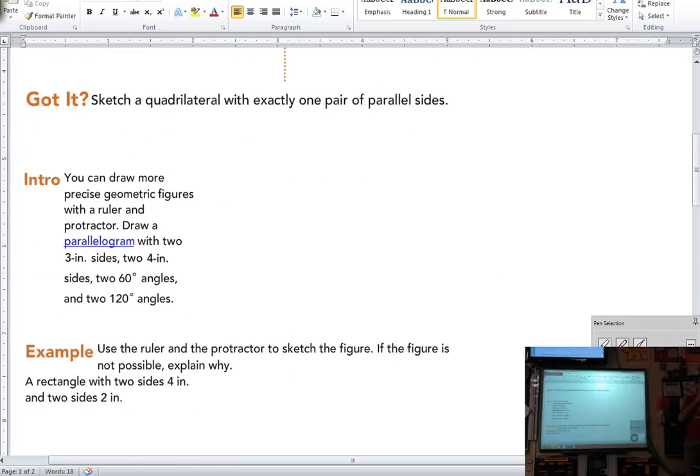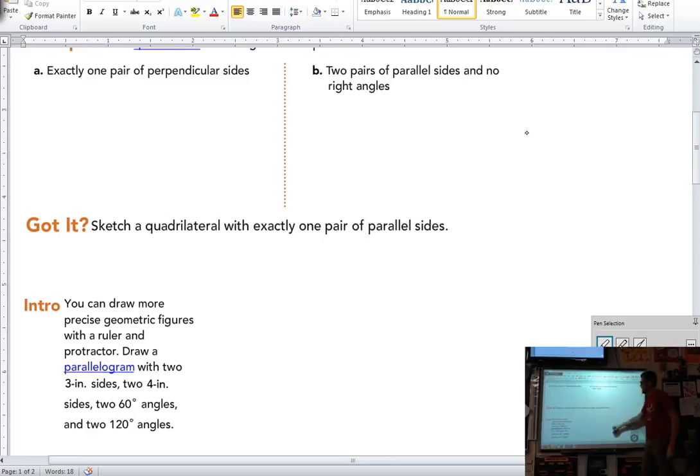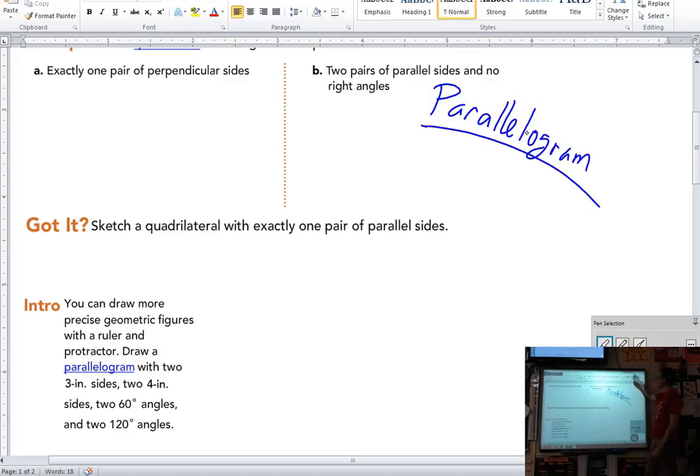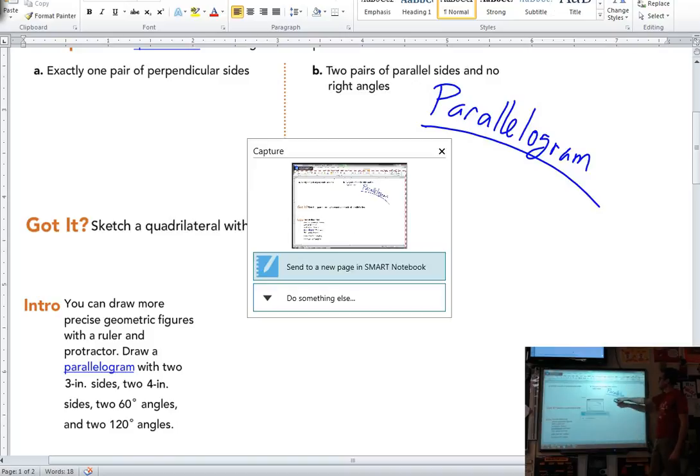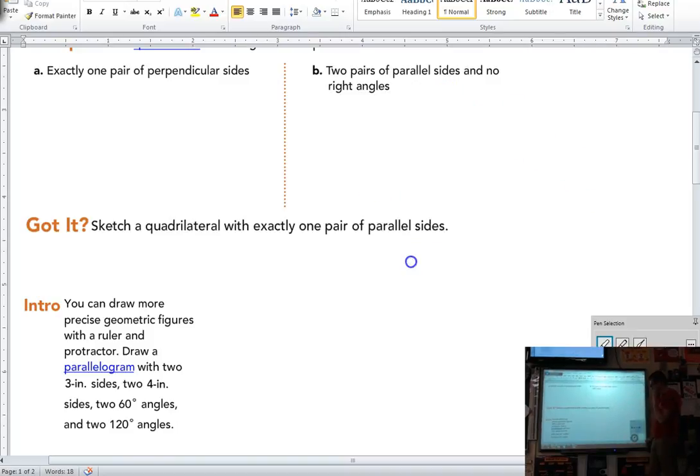But now we want only one pair of parallel sides. You may want to notate, by the way, up here that this was a parallelogram. So if you did not think about that, please go ahead and label that that was a parallelogram. Because we're going to name this shape then. If it's got one pair of parallel sides,